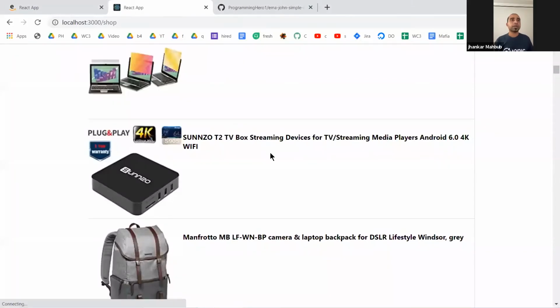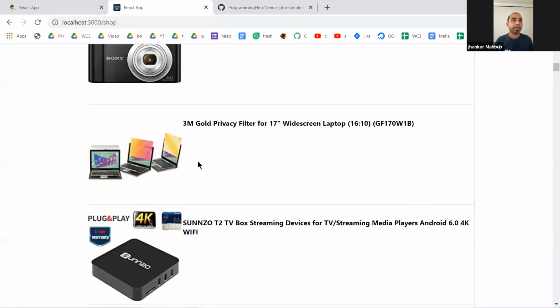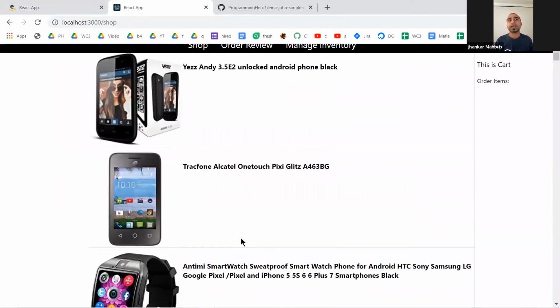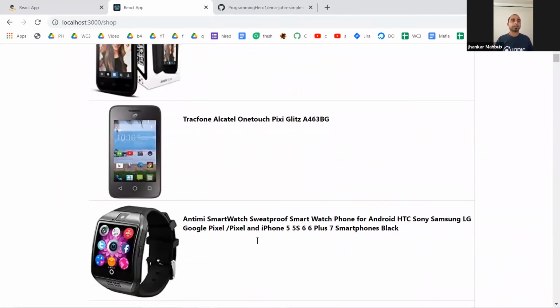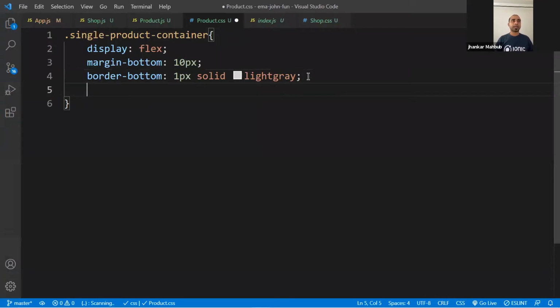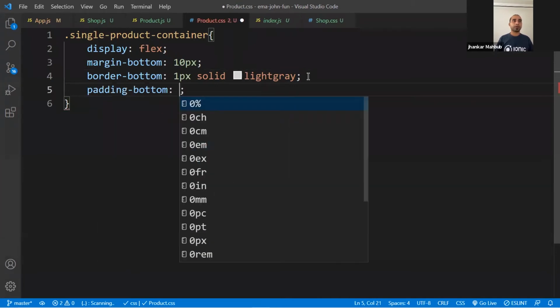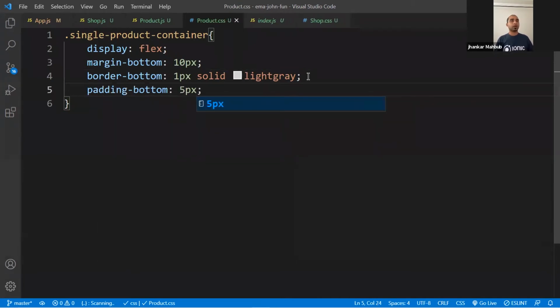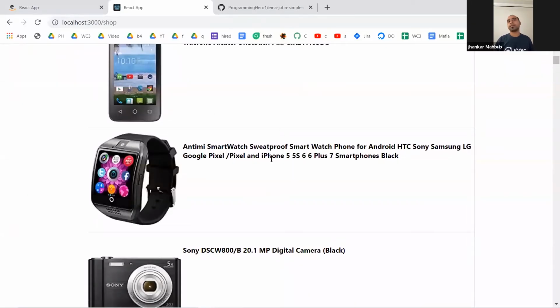If you do so, now each product has some sort of line, and you can see they are not next to each other. If you want, you can do a padding bottom of 5 pixels or 10 pixels, so there is some gap. So let's make it 10 pixels.